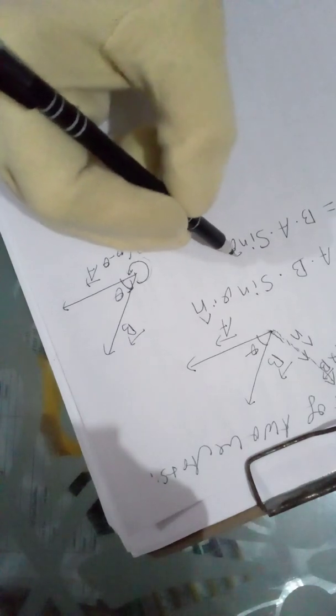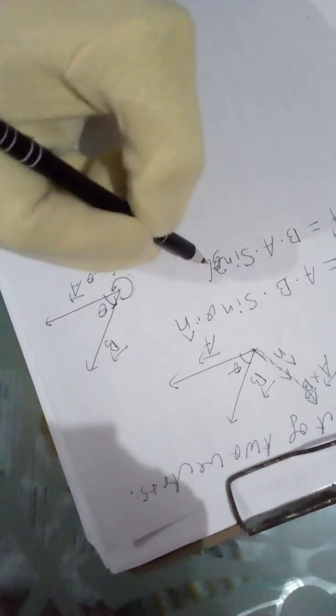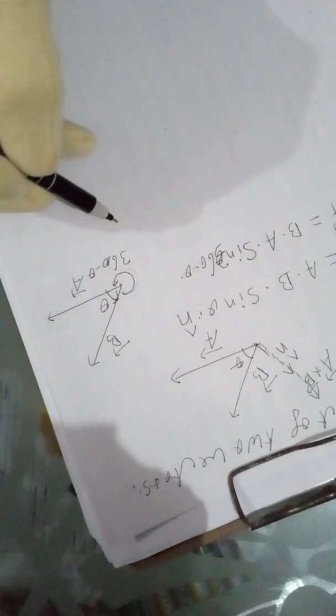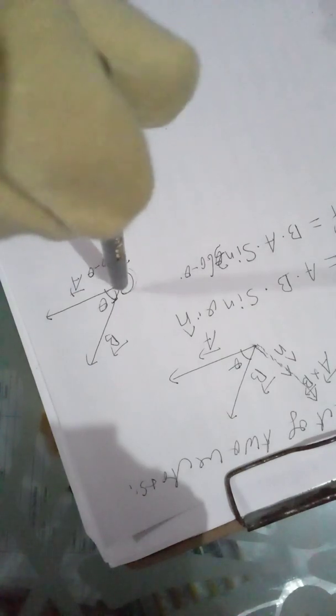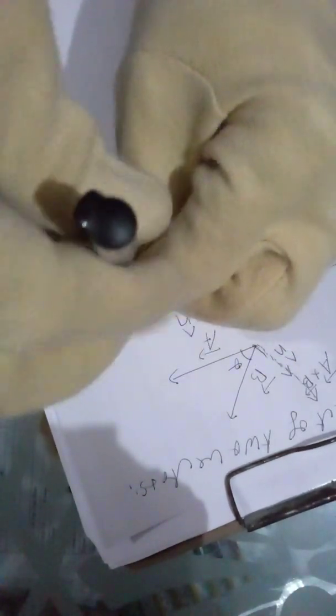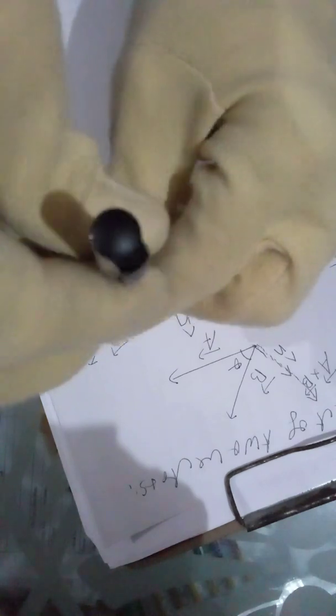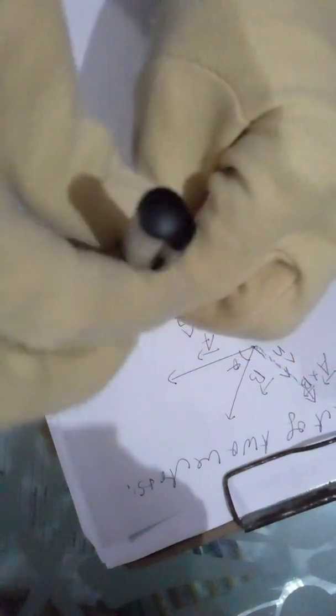So we write here sine of 360 minus theta into the direction of the unit vector. To decide the direction of vector B cross A, we rotate a screw from B to A. The screw is rotated from the pre-vector to the post-vector, that is, from B to A.